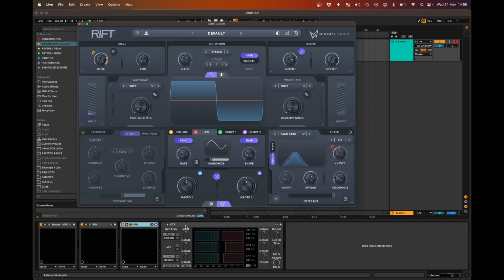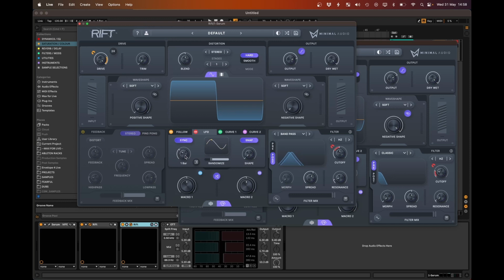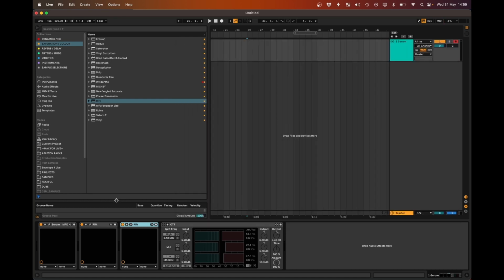Cool. So with these two Rift plugins, the LFO, this one's on half, so half a note, and this one's set to 1 bar, and so that's half a bar. This one's a bar, and having these different timings in filter movement is what's going to make it kind of sound alive. So we've gone from this really simple sound. Let's just listen to it again. To